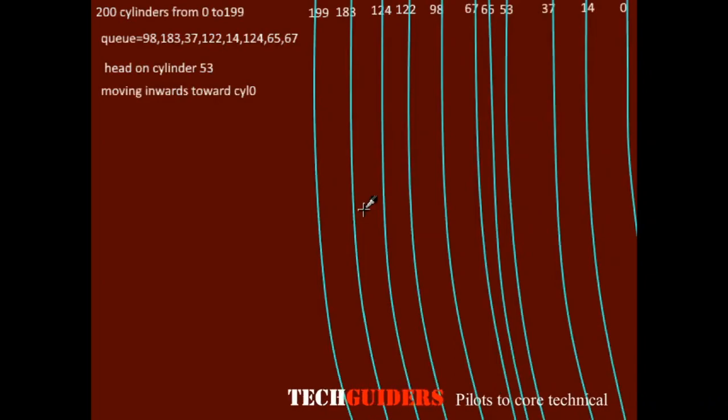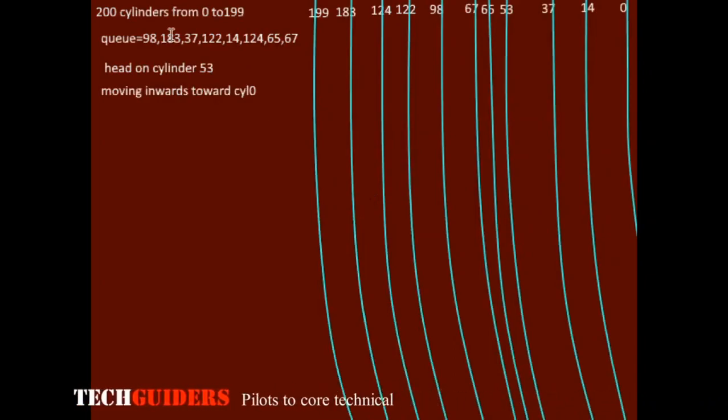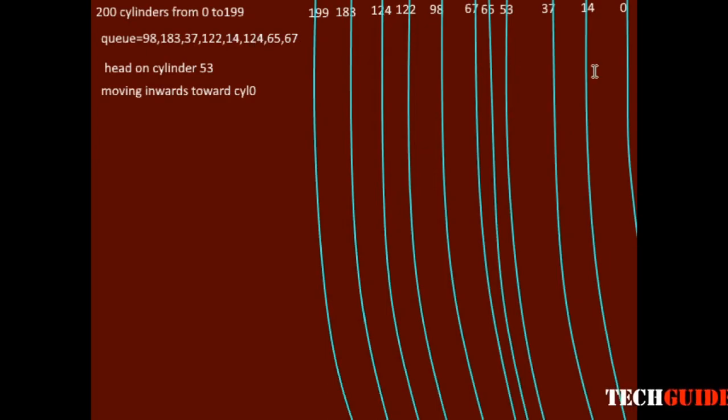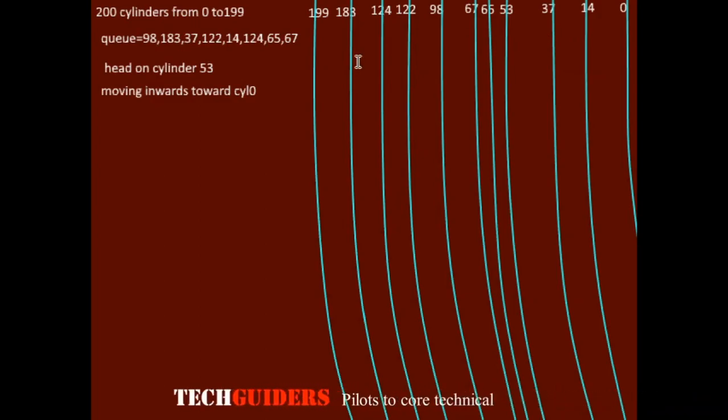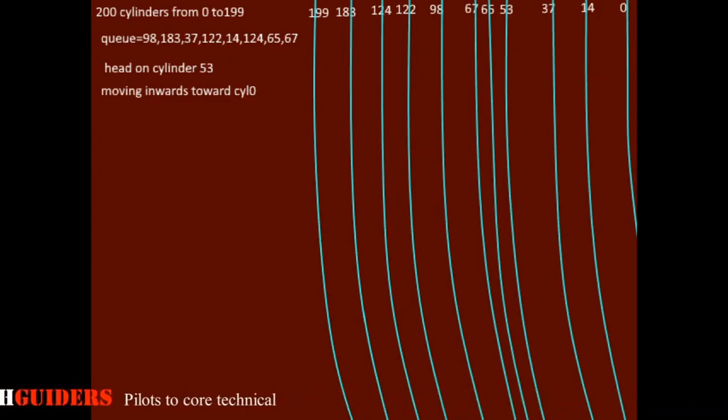Now consider our example in which there are 200 cylinders named cylinder 0 to cylinder 199, and this is the queue of requests which are pending, and these are the cylinders corresponding to these requests in their order on the disk, and the read-write head is currently on cylinder number 53 accessing some data, and the head is actually moving inwards toward the spindle.